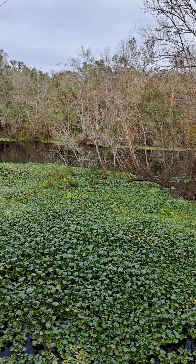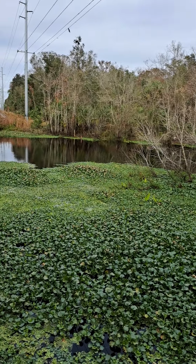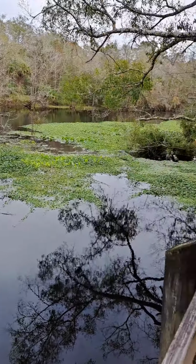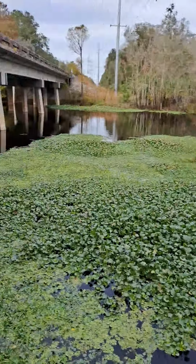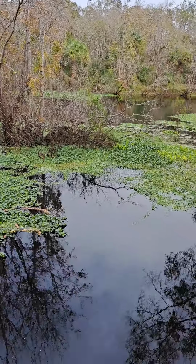There's a bird over there. I think this park is overlooked compared to Lettuce Lake and Hillsborough River State Park. This park, in some ways, I think is just as stunning and just as noteworthy. Even if there's a decent amount of people, probably mostly locals, it's also worth visiting, going to see most of